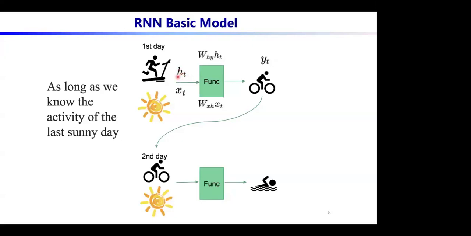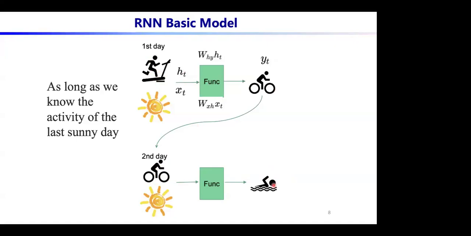So it is the historical record of the event. Obviously, the historical record should have some weight in the joint determination of the activity of the current day, right? Not only that, we should also remember the activity. So if we go to the third day, we not only need to know the activity of the second day, but also the activity of the first day, because we don't want it to repeat so quickly. So running, cycling, and then running again on the third day.